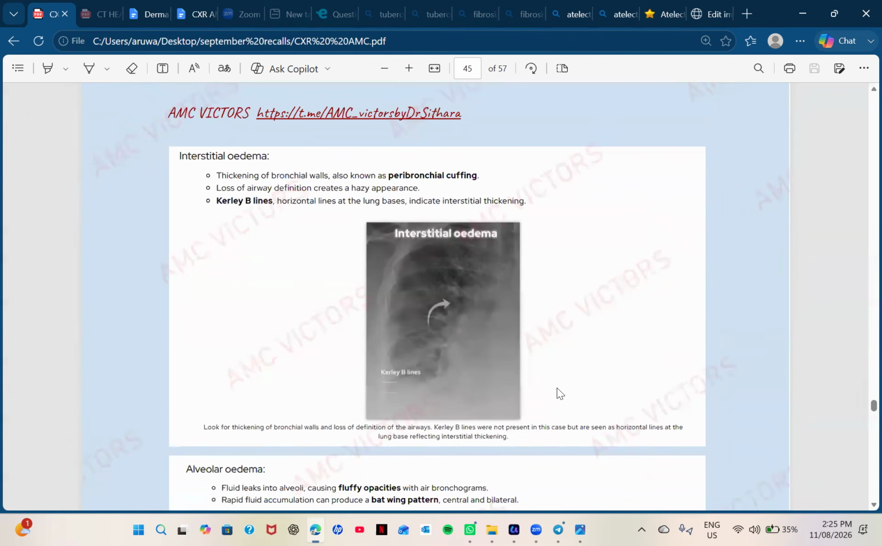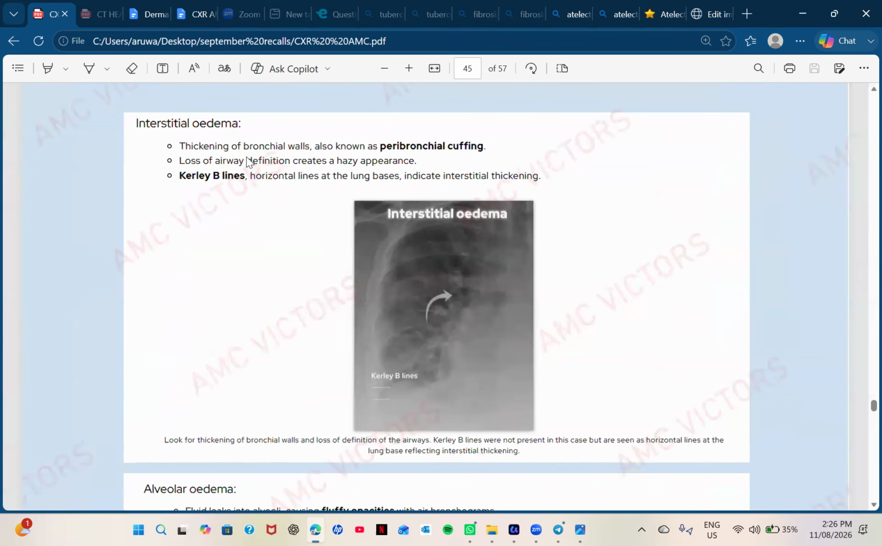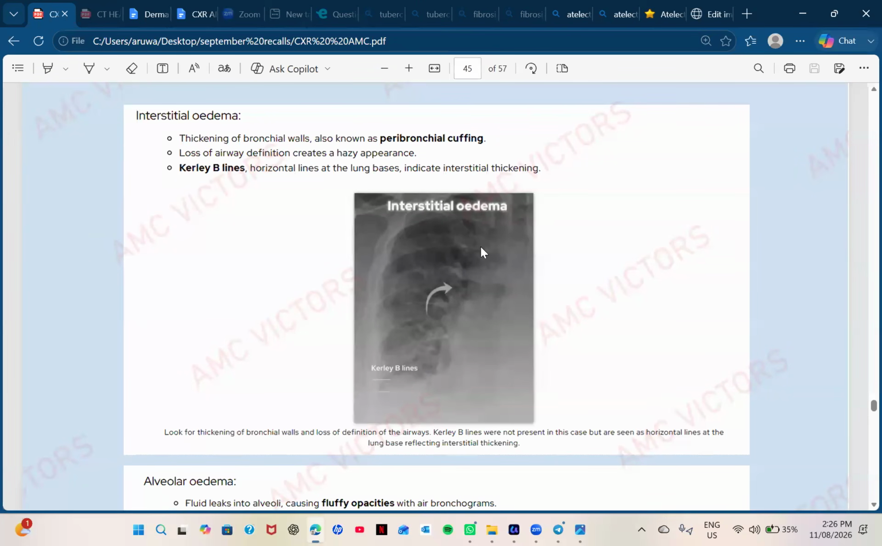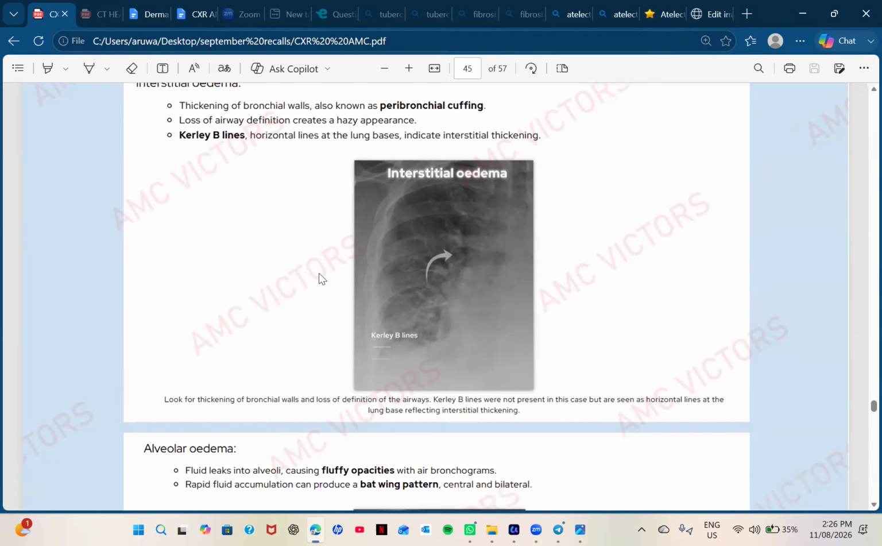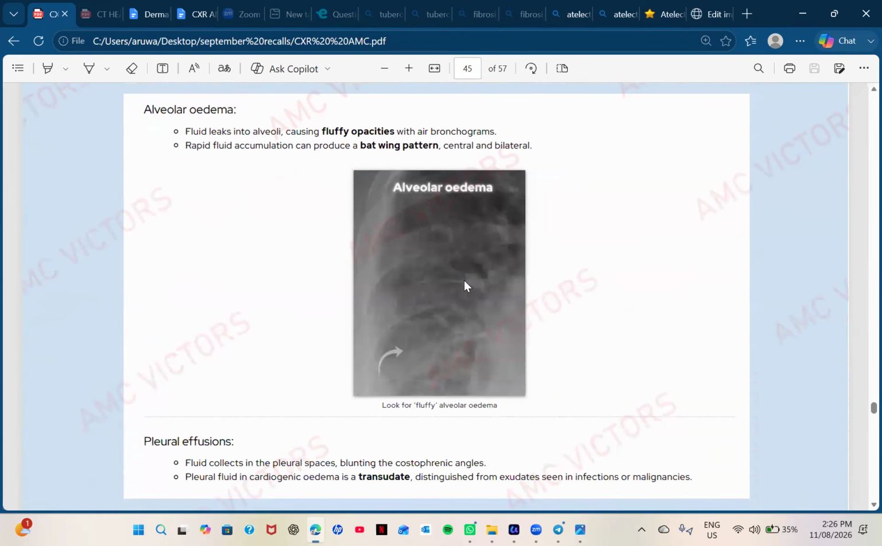Okay, other things you can see: interstitial edema, thickening of bronchial walls, also known as peribronchial cuffing, and loss of airway definition create the hazy appearance. Can you see the hazy appearance? Then Kerley B lines, horizontal lines at the lung base, indicate interstitial thickening. That is not very important, okay? But just keep some idea, because of this hazy appearance, right? The fluffy